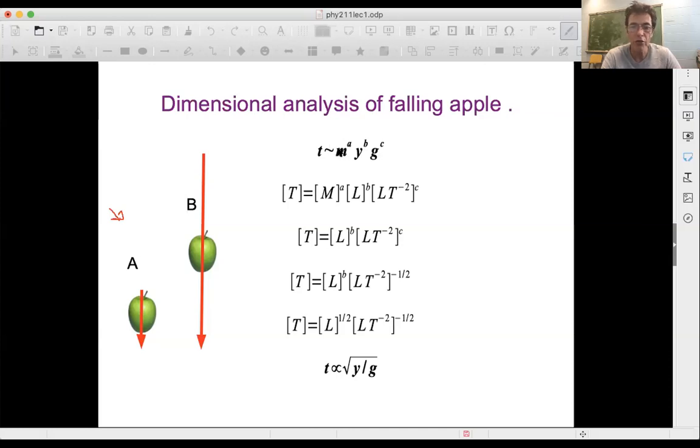And I'm going to use dimensional analysis to step from this hypothesis to a solution for how the time depends on those three things, which is down here. And so I want to explain this little path from upstairs here to downstairs here. Now I got a little technical problem here in that I've completely lost